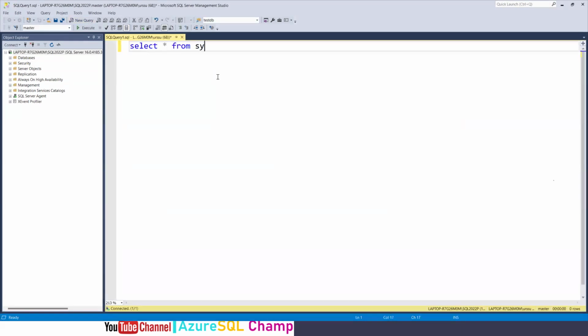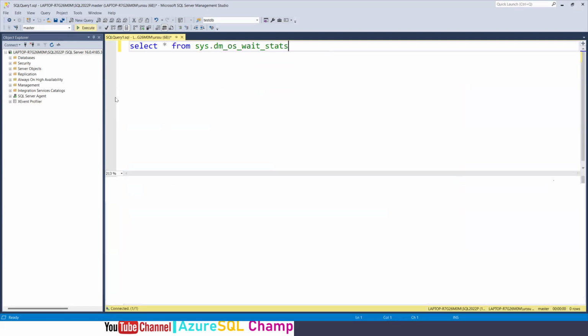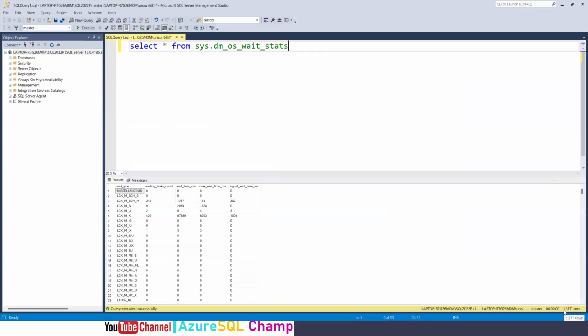If we go to sys.dm_os_wait_stats, we have almost 1,377 wait types there. Out of this, we are going to discuss the top 10, which we see more frequently. Not only this, we are also talking about the Always On wait type, HADR sync wait type. That is more powerful because when we are tuning Always On availability group latencies from the primary replica to the secondary replica, that's also something we are going to cover. So we'll take the top 10 all.